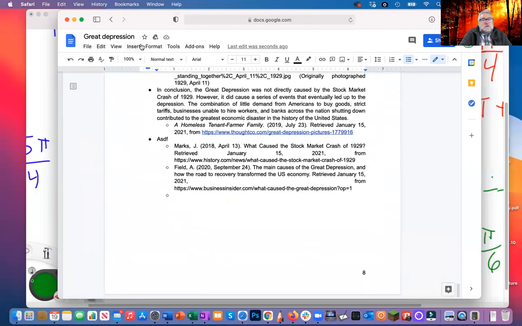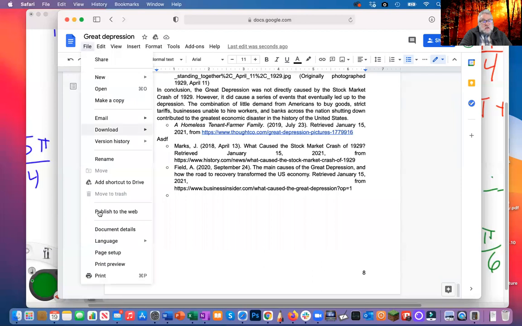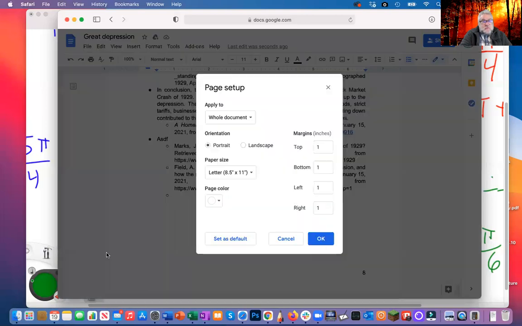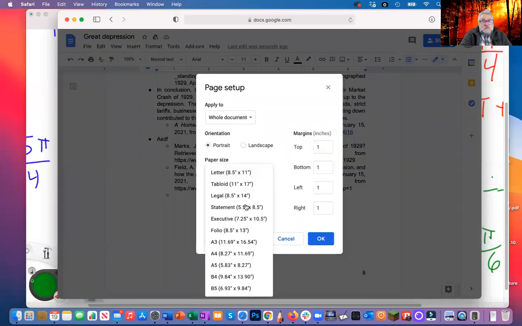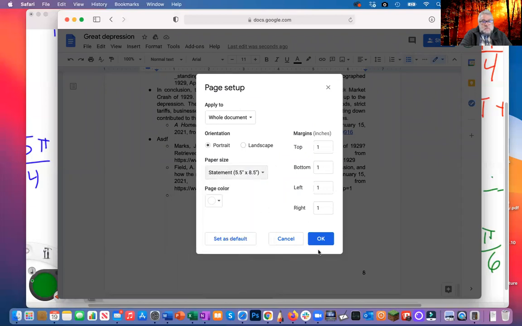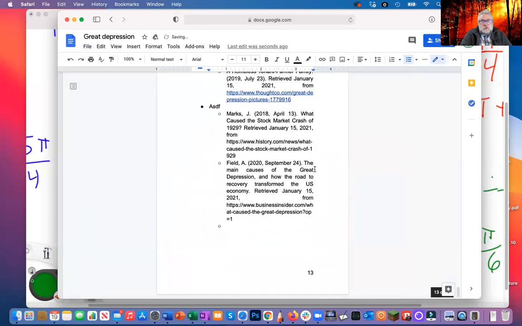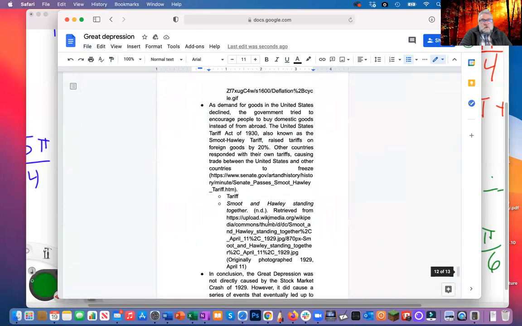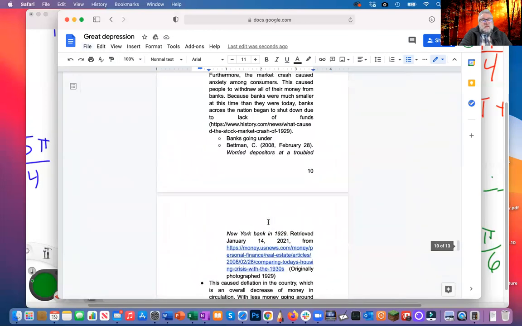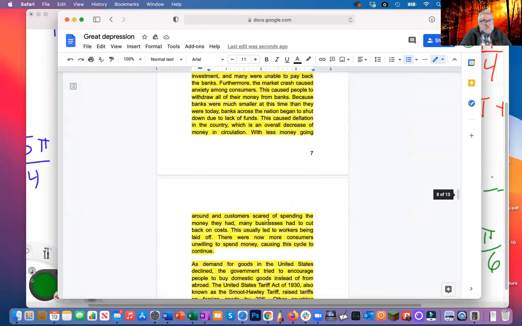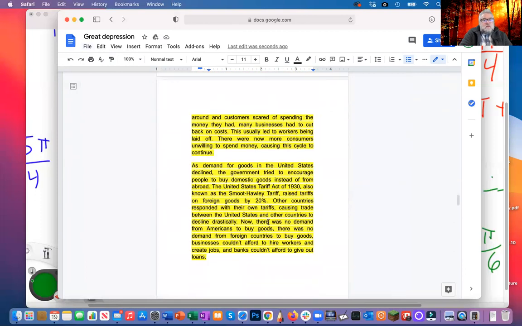Wow, look at that. Okay, now I'm going to go to File, Page Setup, and I'm going to choose my 5.5 by 8.5 inches. And let's see what happens now. Boop. Now we're at 13 pages. Wow. So this significantly increases the length. And if you do that and now you have,